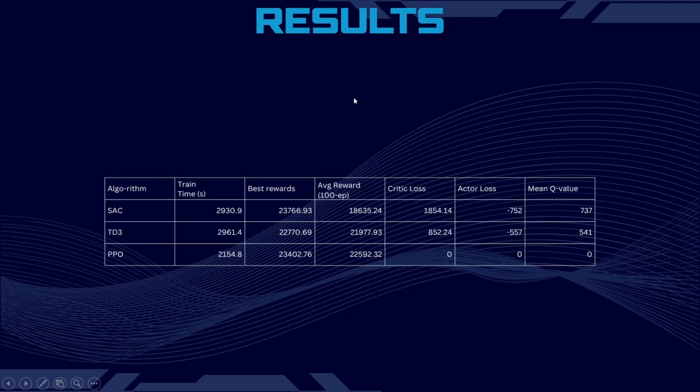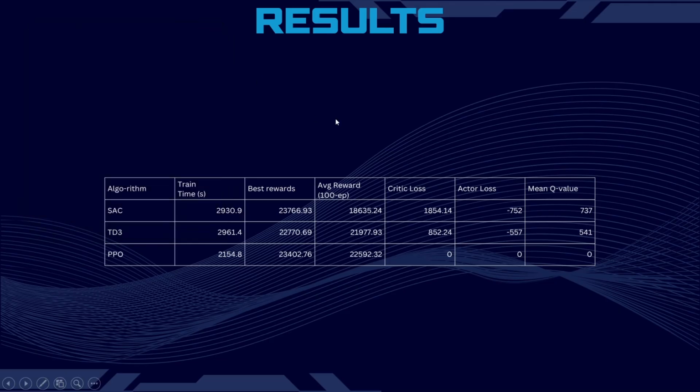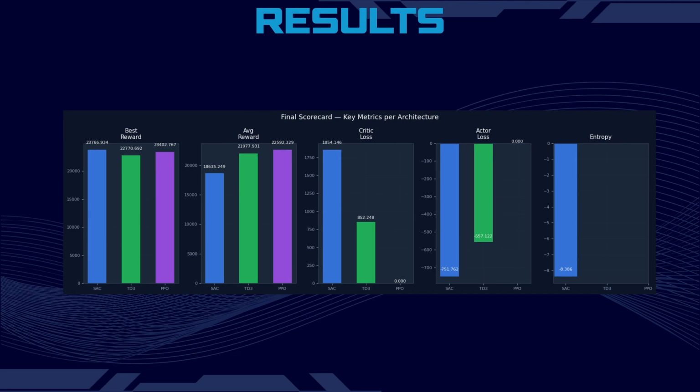Okay, talking about the results, we tested all three algorithms, and PPO, the proximal policy optimization algorithm, gave the best average reward across 100 episodes. Again, like I had discussed earlier, it is the safest option to use. So we have three different uses for three different algorithms. We could go with all three and build a wrapper around it, where if the unit is not very stable, we could choose PPO, and during stable cases, we could choose soft actor-critic or twin delayed DDPG. So that is to be decided.